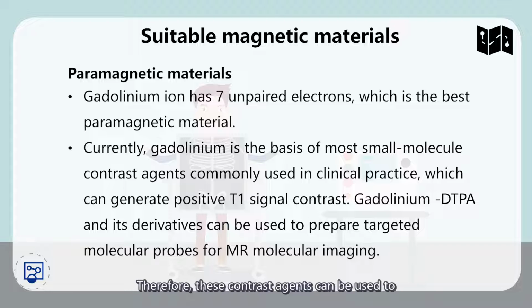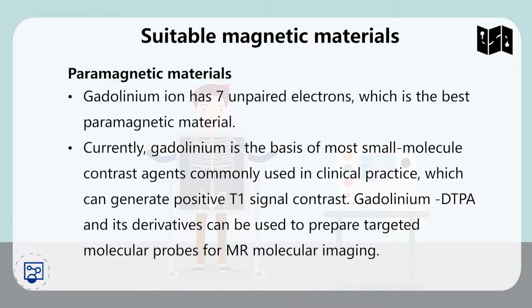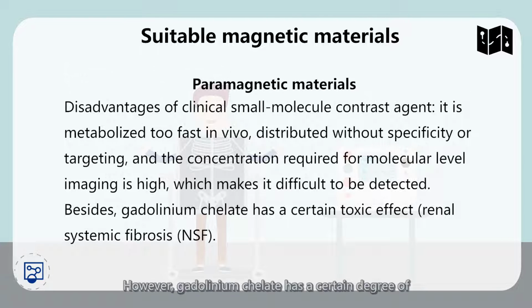Therefore, this contrast agent can be used to connect a targeted molecular probe to achieve MRI molecular imaging. However, gadolinium chelate has a certain degree of cytotoxicity. For example, as we know, renal system fibrosis, NSF,